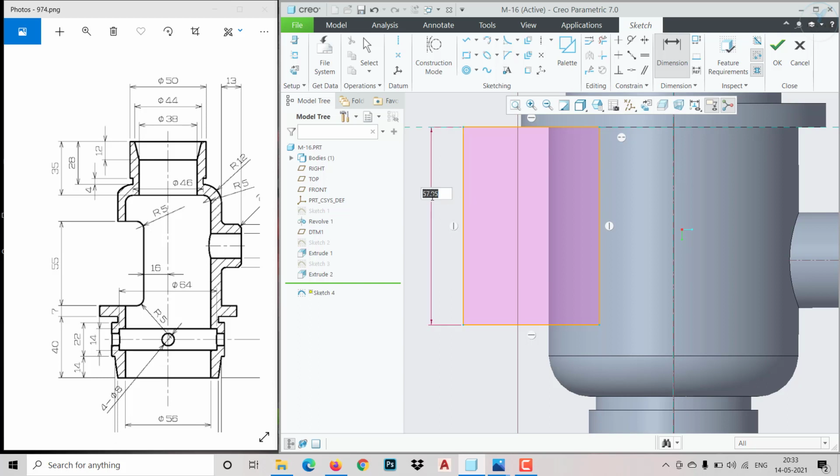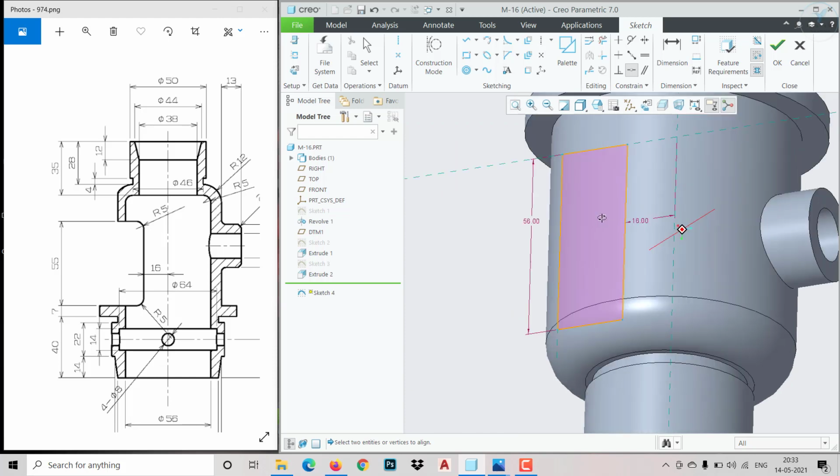So let me make it coincident over there, and the height I require is 56. So let me give 56. Then the depth from center, it is 16 mm. So from here to here it is 16. Okay, so that much is fine. Either if you want to completely close it up to here, that is also fine, or you can end it up outside also, because there is no material. If you want to end it, you can make it coincident, so simply like this. So it will remove the material over there.